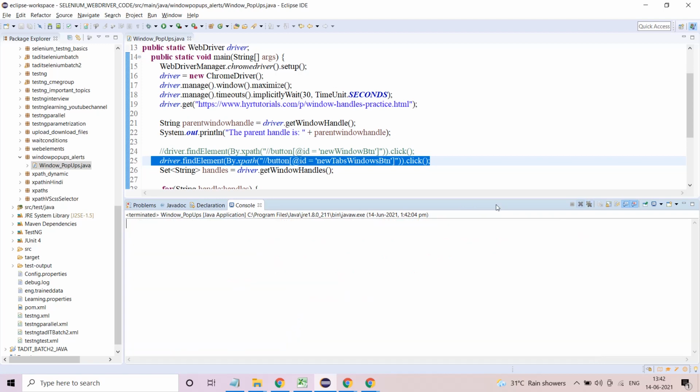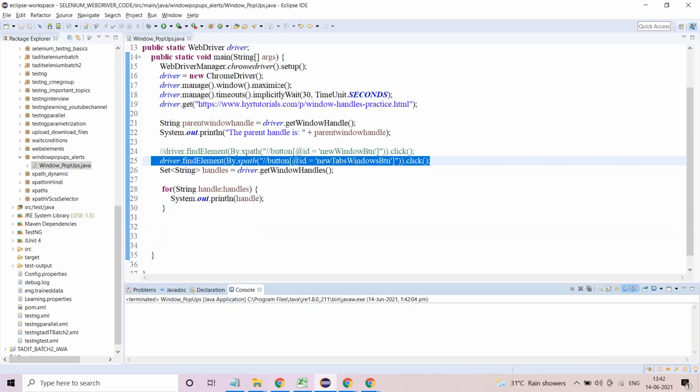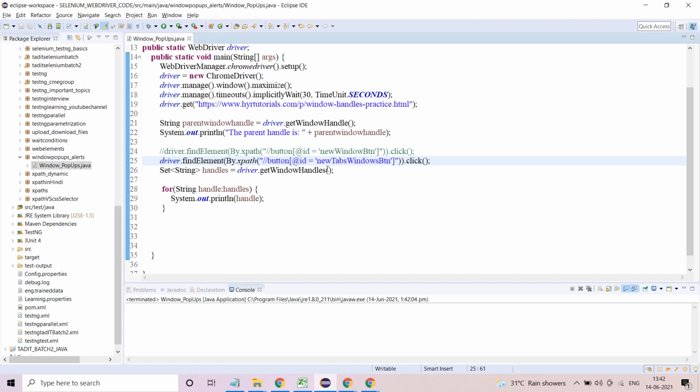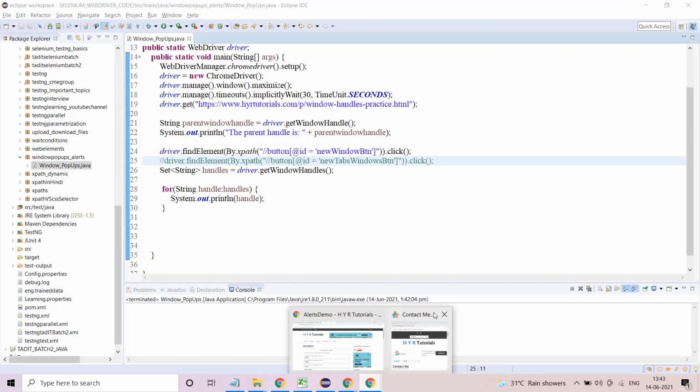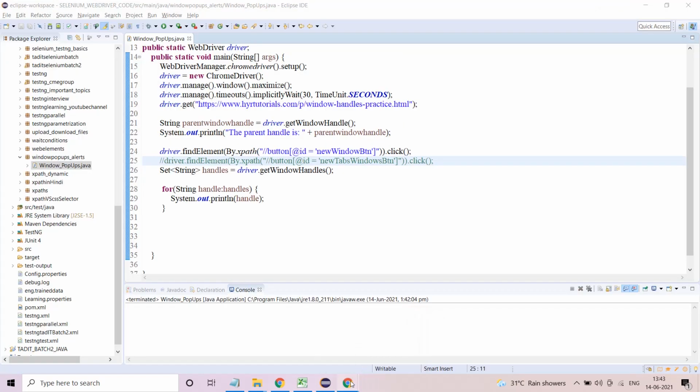I hope from this particular exercise you understood the significance of the getWindowHandles method. Okay, this is how this thing actually works. So I'll go back to this one. You can try this on your own, because unnecessarily it will become too much. I don't want to because this video will already be a little elongated. Going further with so many windows, you can do it as your own practice. So now you know, when you use the for loop, all the windows you are able to handle. So this is what the for each loop is actually doing for you.